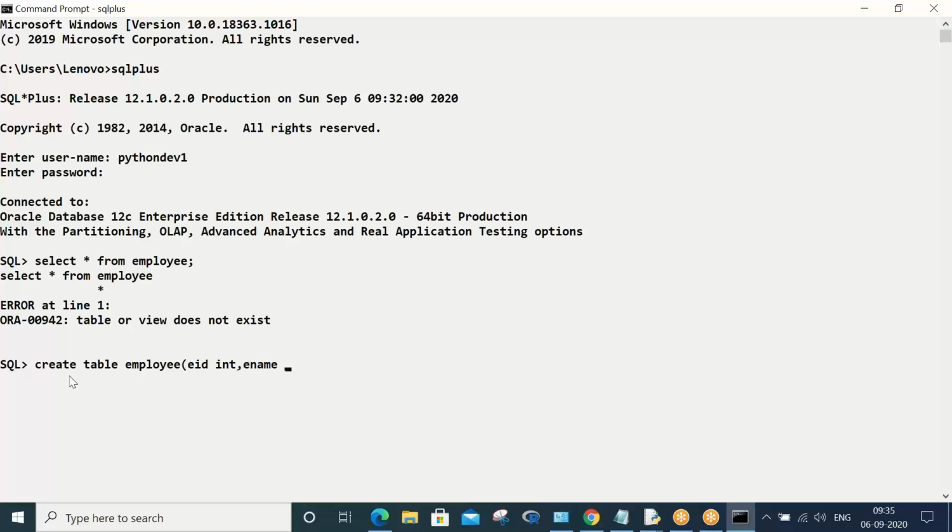So ename, employee name, varchar2 of 20. Varchar2 of 20 means varchar is like the string data type. Varchar2 means varchar second generation of the data type. This is a very advanced data type, I can tell you. So what it does is, if let's say you are giving, oh sorry,